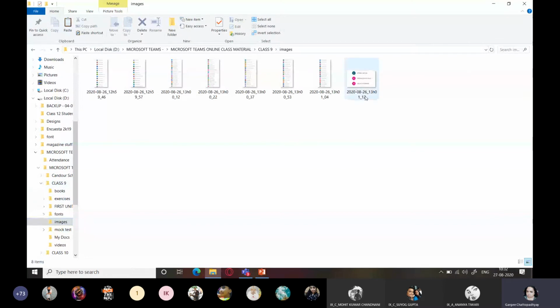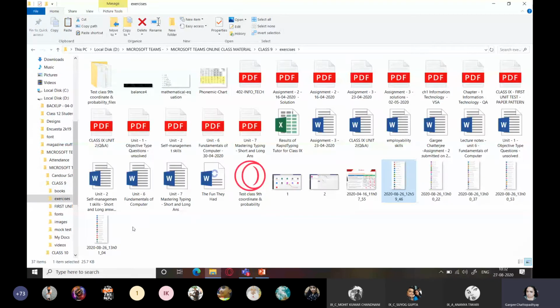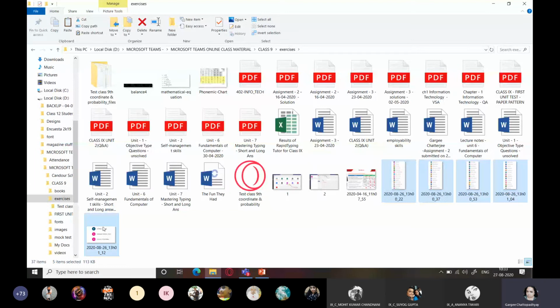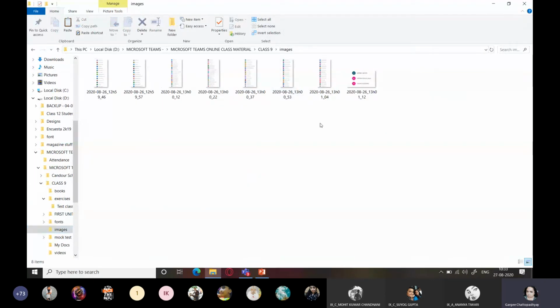Or what I can do is, I'll remove these from here. Now I want to select these files. So I'm selecting this one, keep the shift key pressed, select this one, press delete. Go back to images, select some files. Now I want to copy them using my mouse. So I'll keep my control key pressed on the keyboard, press the left mouse button, drag it. Now I'm dragging it. You can see 5 over there. Come to exercises and drop it there. And click on exercises. You can see these images are here also, and they are within the images folder also.